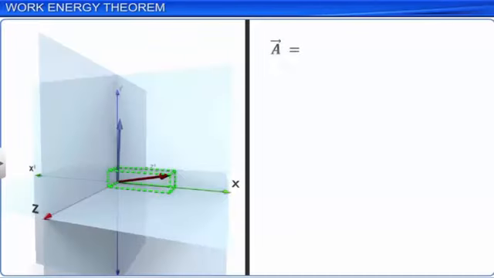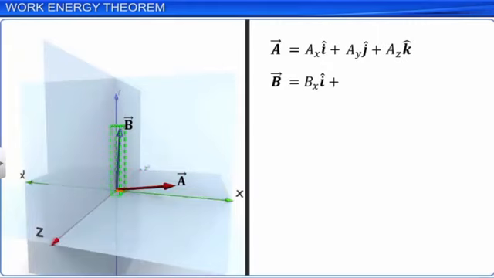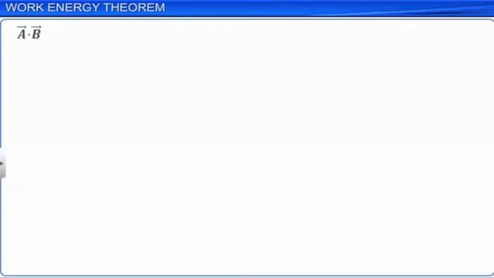If two vectors A and B are expressed in terms of their components along coordinate axes Ax, Ay, Az, Bx, By, and Bz respectively, then A dot B is equal to (Ax i + Ay j + Az k) dot (Bx i + By j + Bz k),